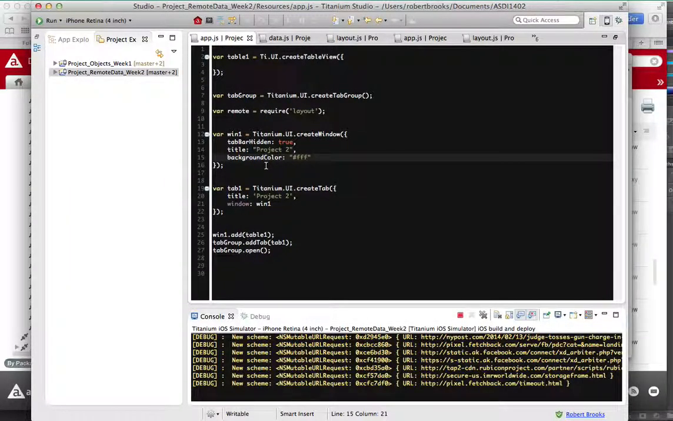We'll start with my app.js file, very clean. Not a lot of information on here, but I created the table view, and from here that's really it. And I required, obviously, my remote variable here to require the layout. So the next one we'll go to is my